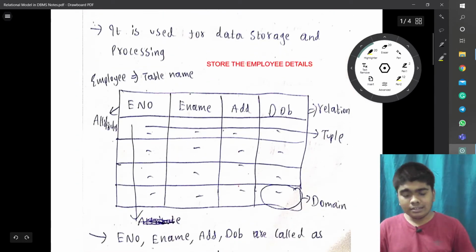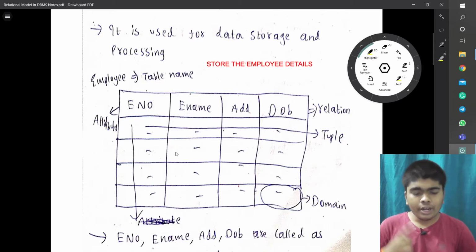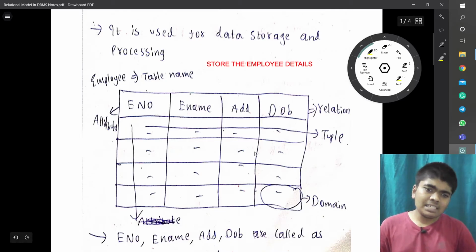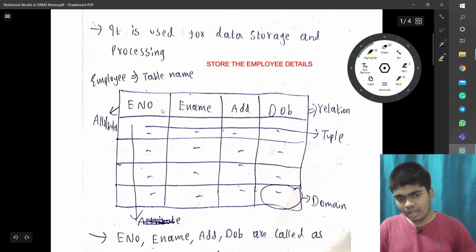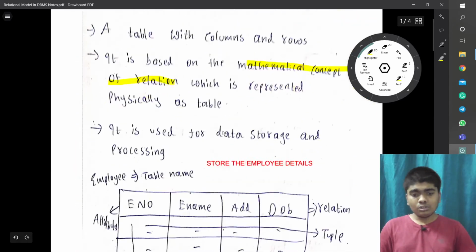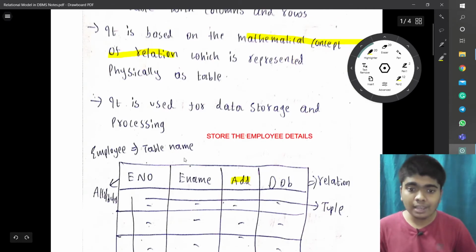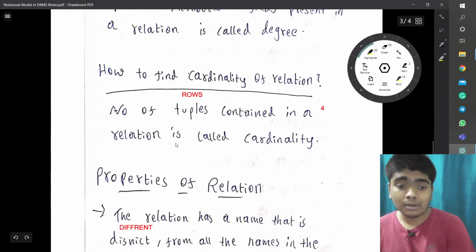But we can't duplicate like employee number 1, Madhav, Vijayawada, 22/12/2002, and again employee number 1, Madhav, Vijayawada, 22/1/2002. So they can't be the same. So at least one value should differ, that is employee number. The employee number will be distinct for everyone, right? The address may also be the same, and the date of birth may be the same. I think you might have got some clarity.